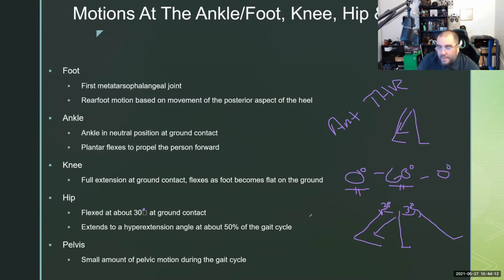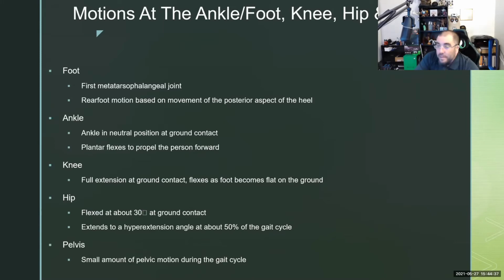And then we talked about the pelvis. There's a small amount of pelvic motion going on. There's slight anterior posterior nutation and counter nutation going on. Don't worry about those words yet. We'll hit them in pelvis. But basically rocking back and forth of the pelvis. And then again, we have that lateral tilt going on, giving us our vertical displacement. The main reason I wanted this slide on here is this shows you there's a lot going on in the body during gait. And we didn't even talk about the upper body. This is just the lower body.